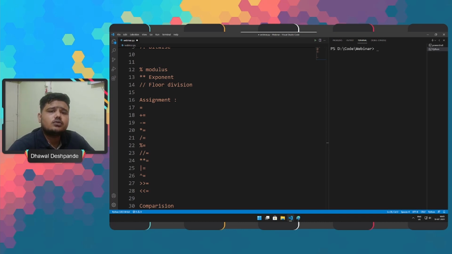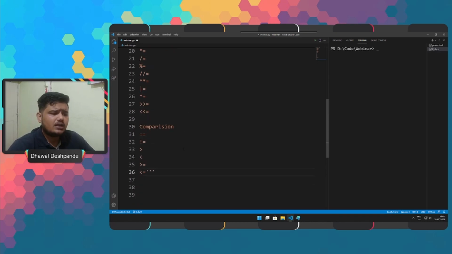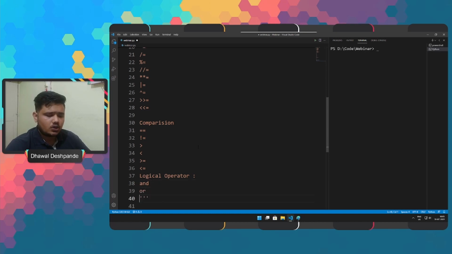So we use logical operators to combine conditional statements. There are only three logical operators. The first one is and, second one is or, and the third one is not.